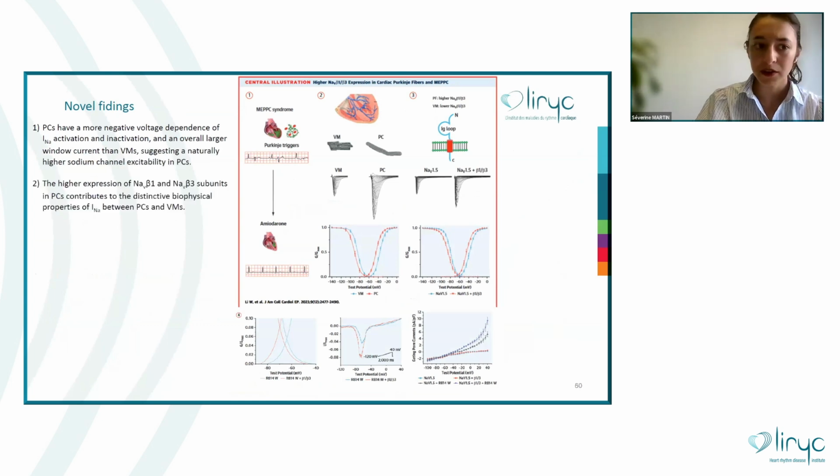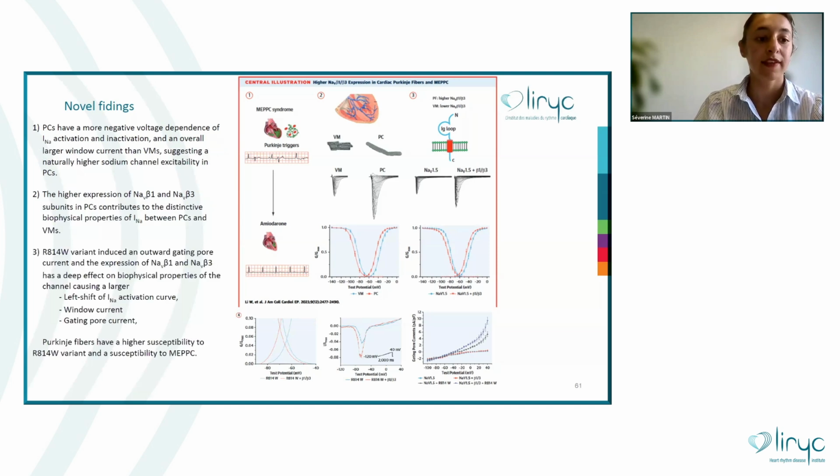So second one, the higher expression of the two subunits NaV beta 1 and NaV beta 3 in Purkinje cells contributes to a distinctive biophysical property of the sodium current between Purkinje cells and ventricular myocytes. And at the end, the R840W variants induce an outward gating pore current, and the expression of NaV beta 1 and NaV beta 3 has a deep effect on the biophysical properties of the channel, causing a larger left shift